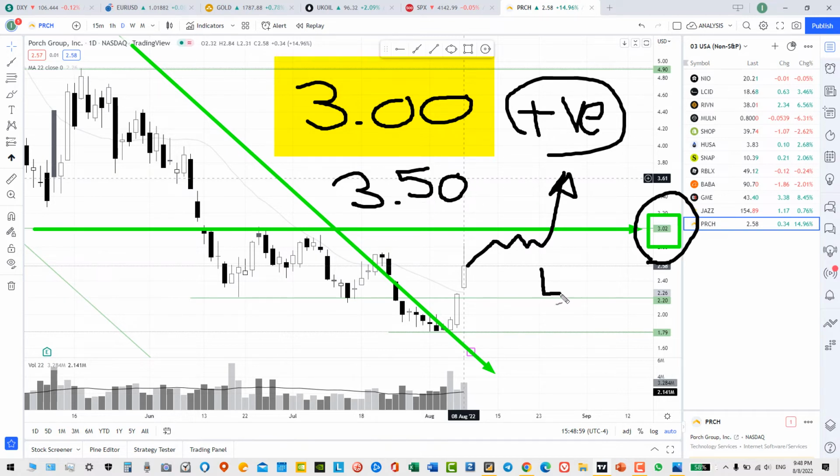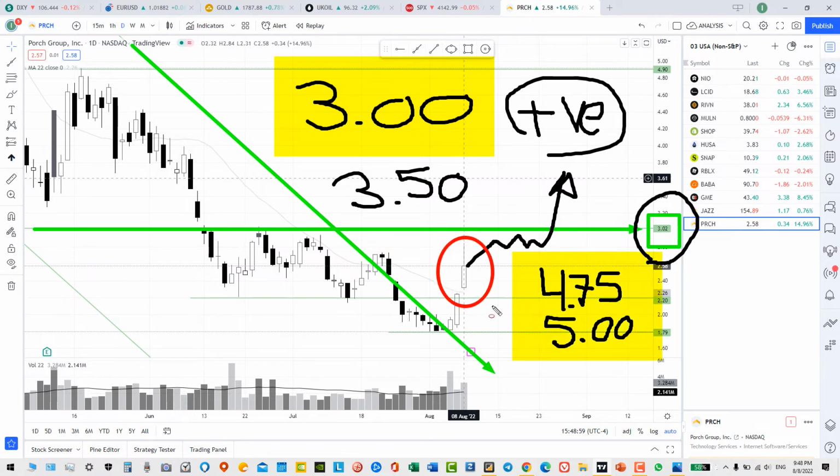The second target may range from 4.75 up to $5, which is a 100% increase from its price right now,